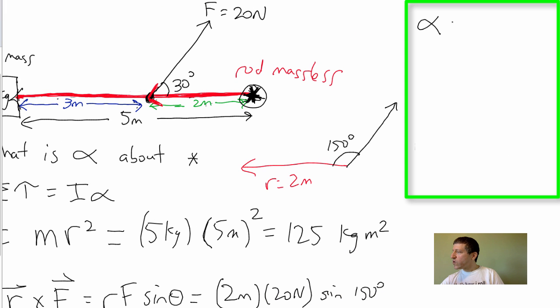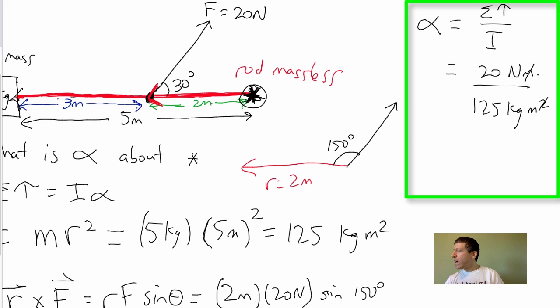Our angular acceleration alpha is the net torque over the moment of inertia. And as we found out below, our net torque is 20 Newton meters. 20 Newton meters divided by 125 kilogram meters squared. Well, that cancels out one of those. When we're all done, what we get is 0.16, and the units that are left when you cancel everything are nothing